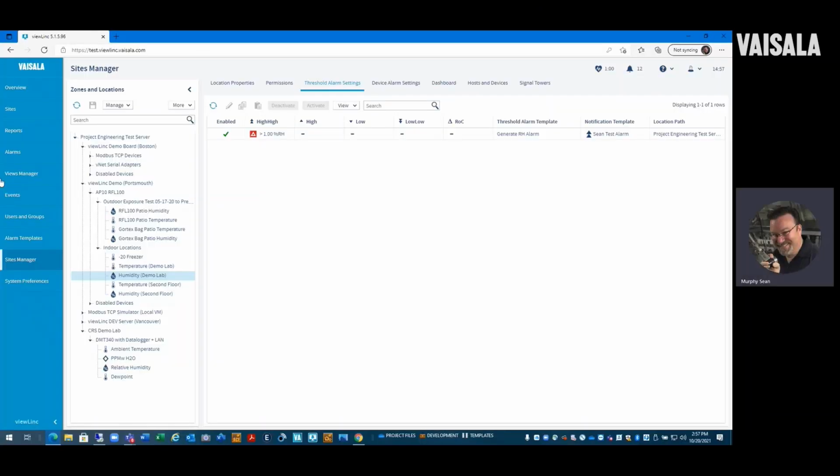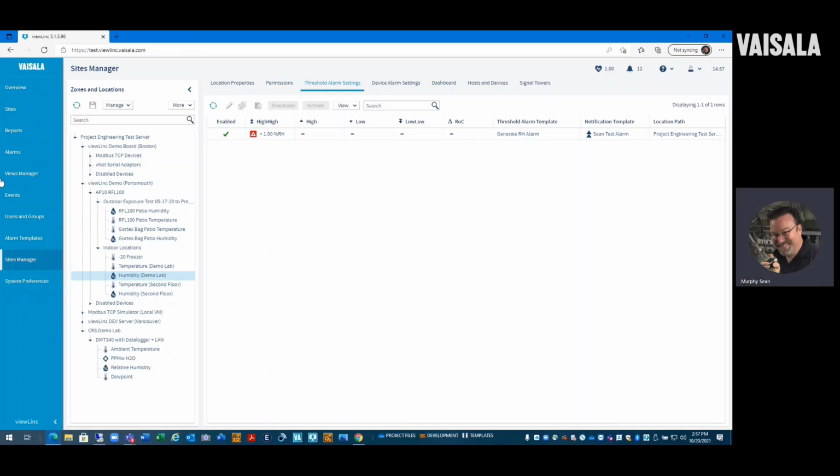This is an automated notification from your Vizsla ViewLink monitoring system. 109075, a threshold alarm was recorded on October 20th, 2021, 12:53 and 0 seconds UTC-6. On location, Humidity, Demo Labs.